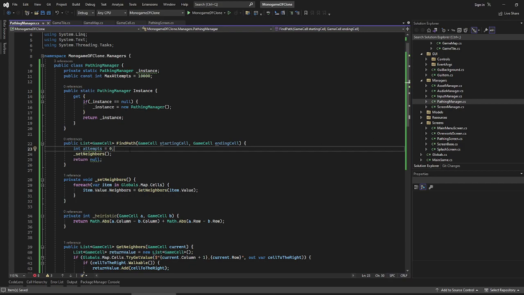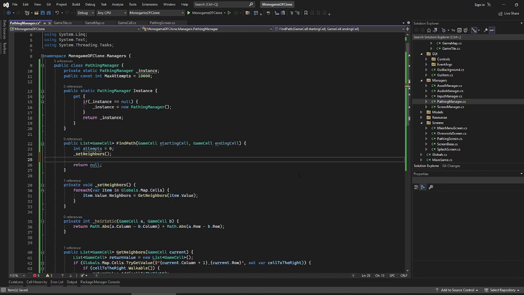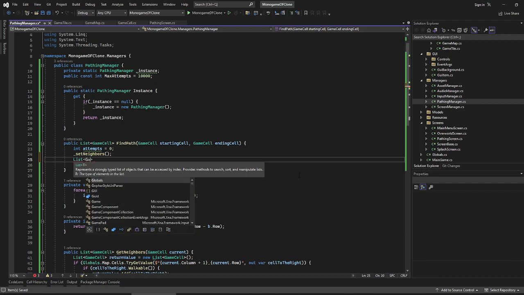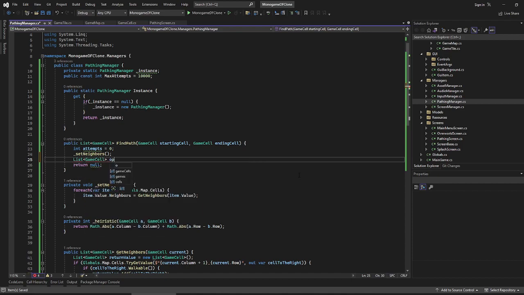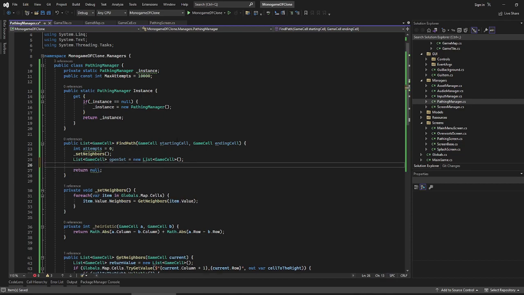Okay, so we're setting the neighbors. Our temps are 0. Let's do... We need a list of open nodes that we need to visit. So we have a game cell open set equals new list. So now this will be the nodes that we're going to iterate through. So we need to add the starting node to that because that's the first one we have to check, what's the starting node, and the goal node here, like the ending where we want to get to. We still need to know what are its neighbors